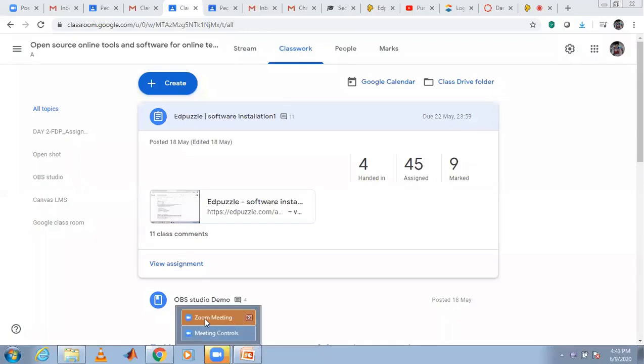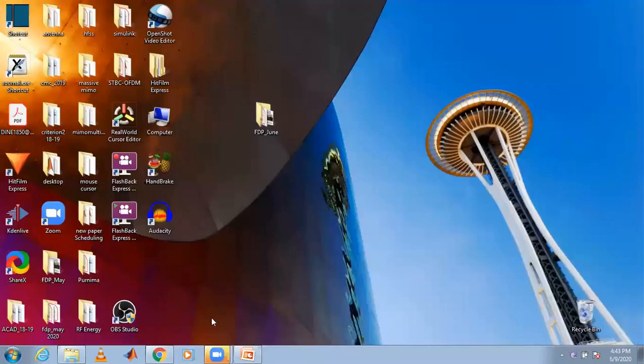Okay. Here, ma'am, is Google only required, or can we go with Yahoo or Outlook? Google only, sir. In Google Classroom, you can go with your official mail IDs like .ac.in, .edu.in. But students also should have that. Then only they can access. Otherwise, they cannot access your Google Classroom. A Gmail account should be there.